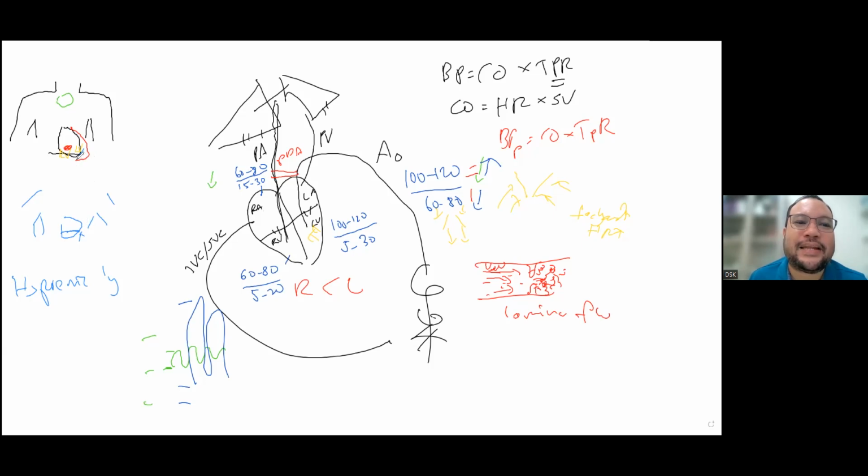Asalnya apex dia dekat bawah sini. Sekarang apex dia naik atas sini. Dia akan jadi macam ni lebih kurang. So that's a boot shape heart. Macam boot lah, macam bukan boot yang kita pakai tu, macam boot yang orang Netherlands pakai tu. Dia ke atas. So boot shape heart sebab dia push the apex dia naik ke atas sebab right ventricle dekat